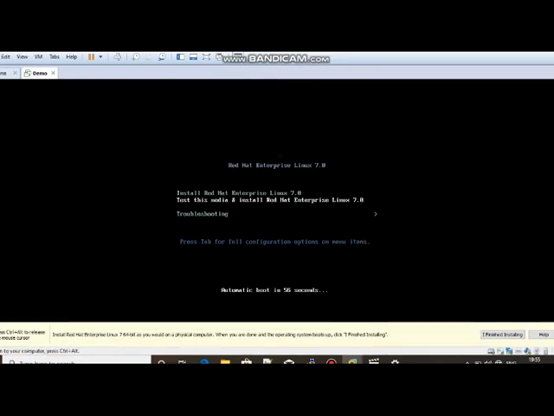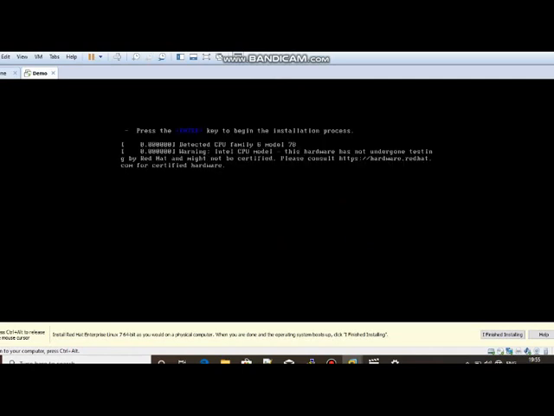Here we will get two options: install Red Hat Enterprise Linux 7.0, and second one is test this media and install Red Hat Enterprise Linux 7.0. We'll go with install Red Hat Enterprise Linux 7 and then press enter. It will take some time.